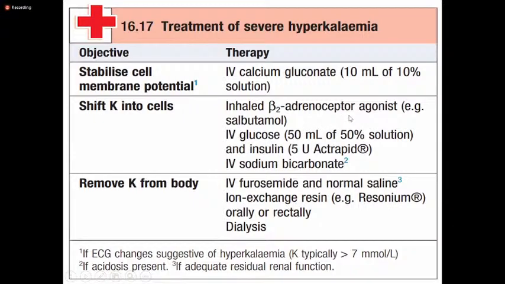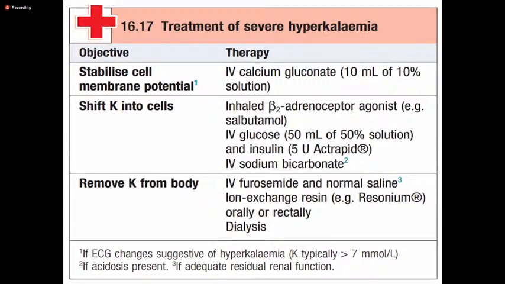So for this, you can use beta-2 adrenoceptor agonists like salbutamol, or commonly we use IV glucose. You can get 30 to 50 mL of 50% dextrose and give it with insulin. In the instance that you don't have Actrapid, you can use soluble insulin at 10 units IV. And if the patient has acidosis, you can consider giving sodium bicarbonate. Then to get more prolonged effect, there's the role of diuretics and dialysis and even potassium exchange resins